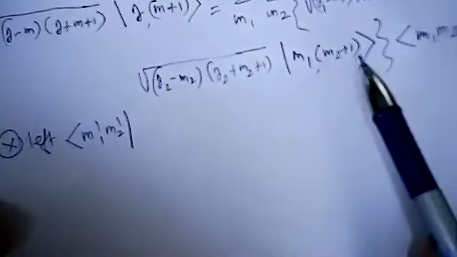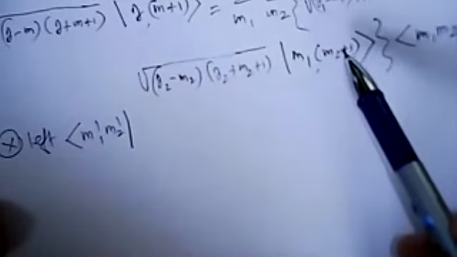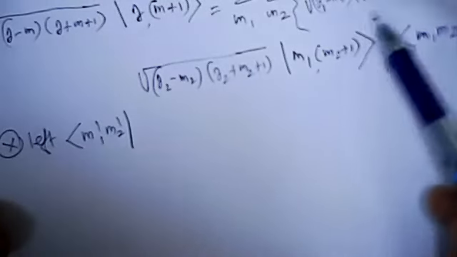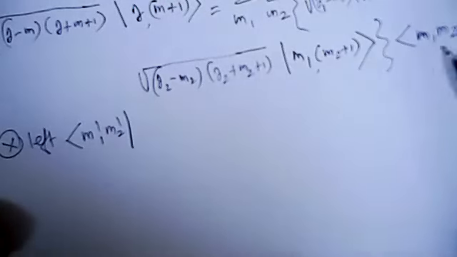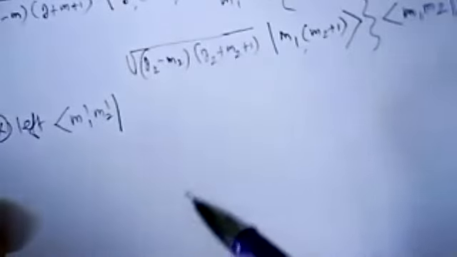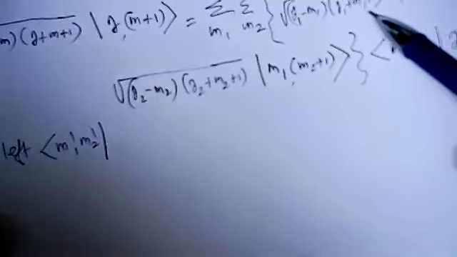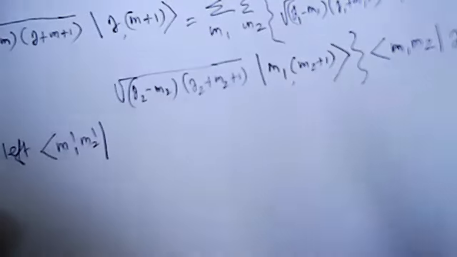In Sakurai it is done in a slightly different way. The prime is already substituted there, so the prime is avoided, but I am writing it the opposite way. I am multiplying with the prime, taking the scalar product with the prime. Sakurai puts the prime and then avoids it fully, but I am keeping the prime. Both are the same, not much difference.